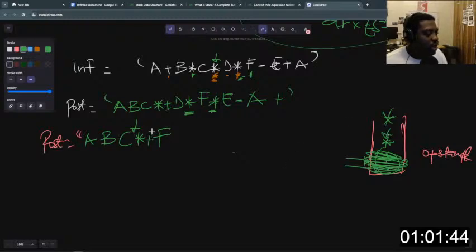So we have to clear the stack for another operator to come in. So here's what we're going to do. I'll take the former one, remove it again, and put it here, right? Before carrying on with the next one, which I'll put on the stack. And then the next item is an E, right? So I'll put an E here. The next item will be a minus. We can't have a minus on top of